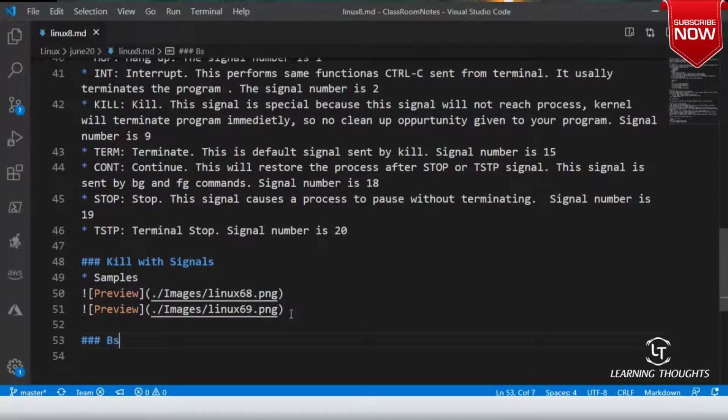In bash we would have nohup. The meaning of nohup is no hang up.